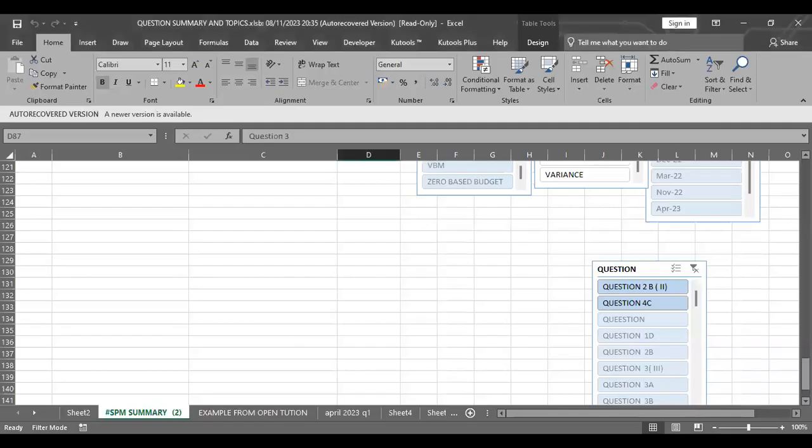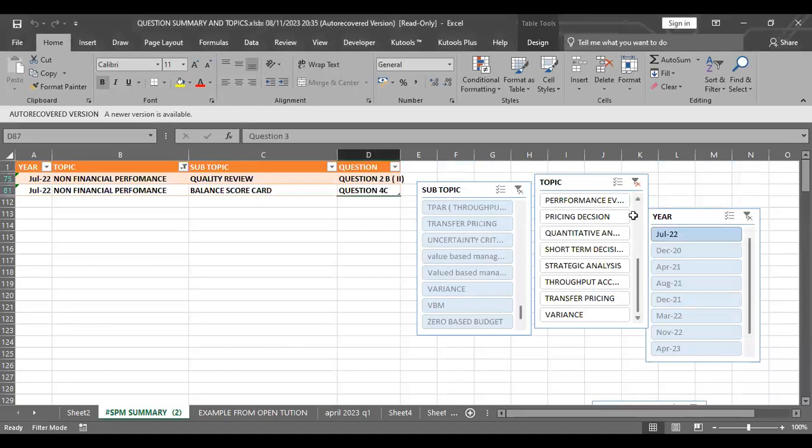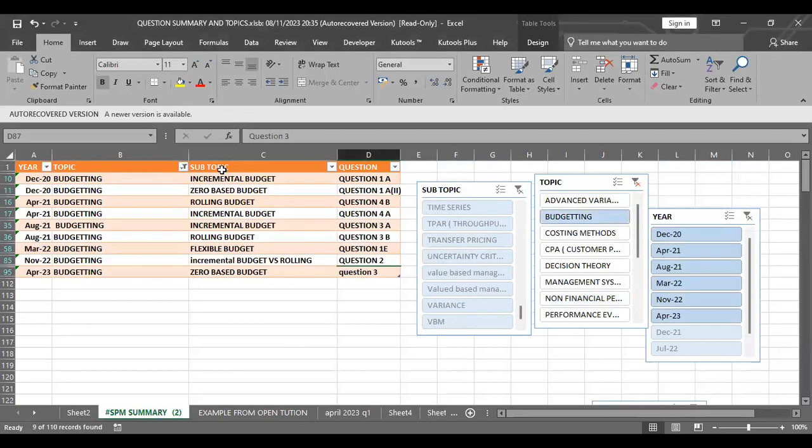So let me check. I think it's this one here, the one I auto recovered. I think this one. Yes. So if you check again in the topics, those questions are not limited there. They are there. Like I was saying, if you check the budgets, I've summarized all of them here. The budgets are here. There is zero-based budget. There is this one actually 2 times. There is December, but more theoretical, and even this. So I said they are already there. But rolling has this and this, but they are the same. Typically, they're the same. There is one which is in April 2021.